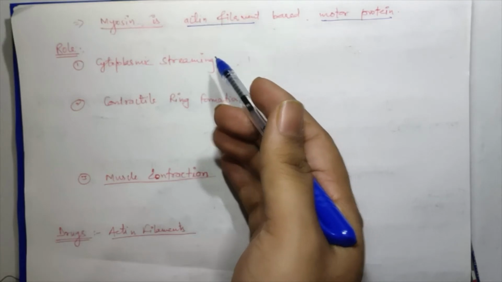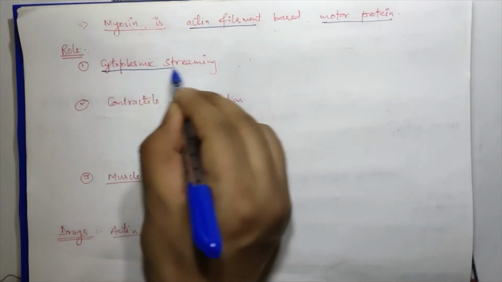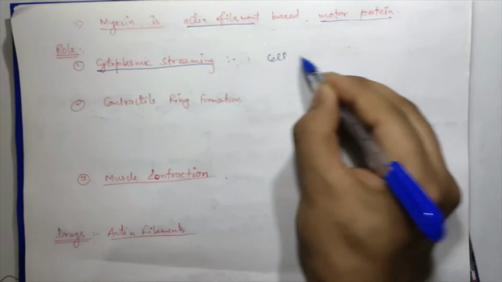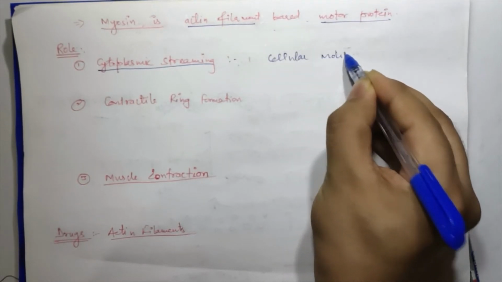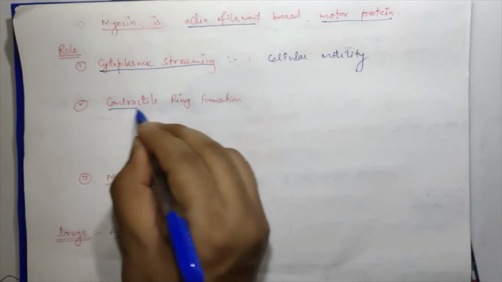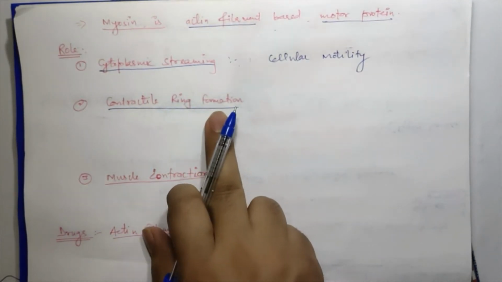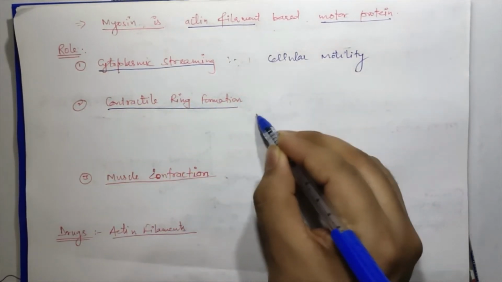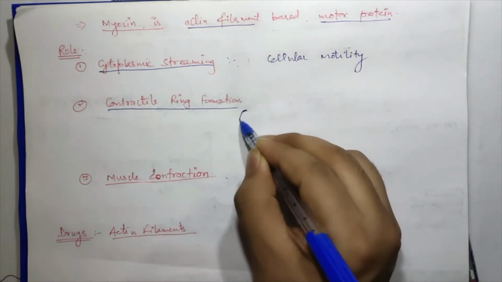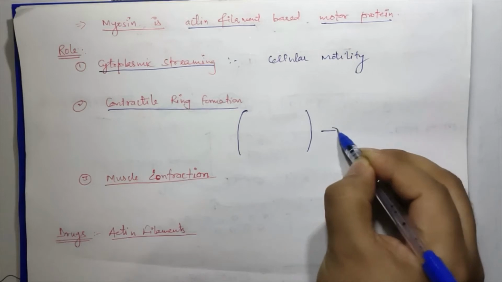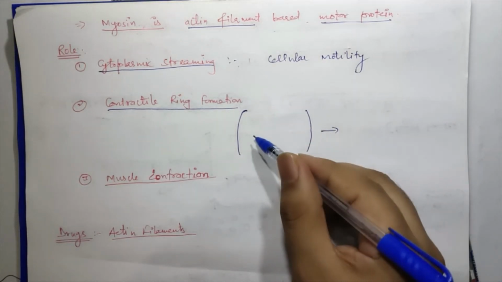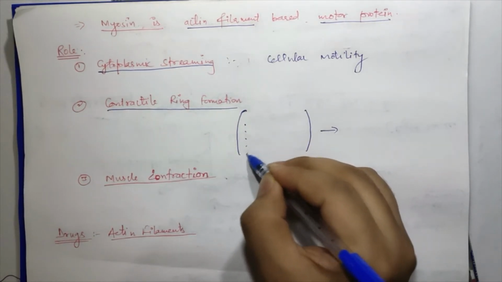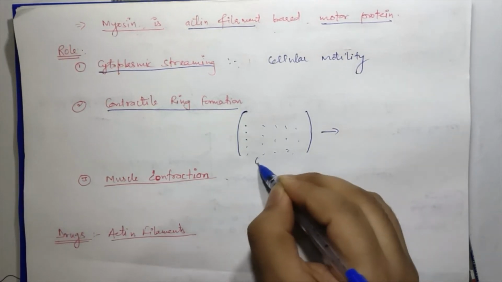microfilaments within the cell, and the first such role is cytoplasmic streaming. Cytoplasmic streaming helps in cellular motility. The second function of these microfilaments or actin filaments is formation of the contractile ring, which is a structure formed during cell division in the middle of the cell, which collectively forms polymers of, suppose these are, globular G actin,